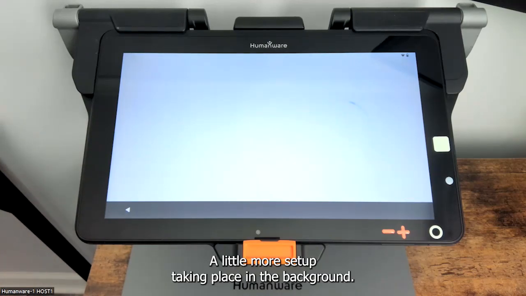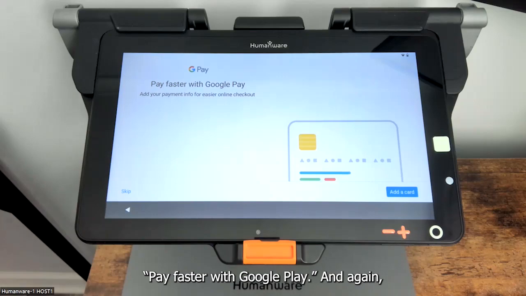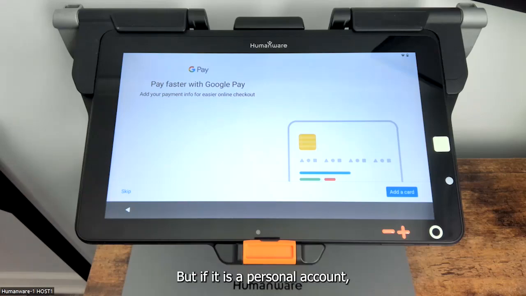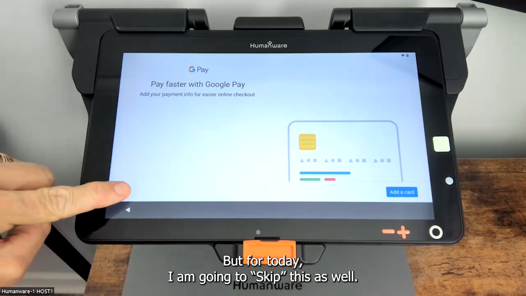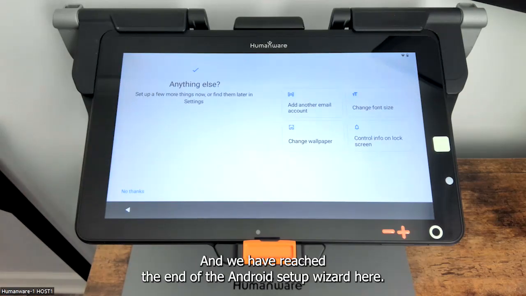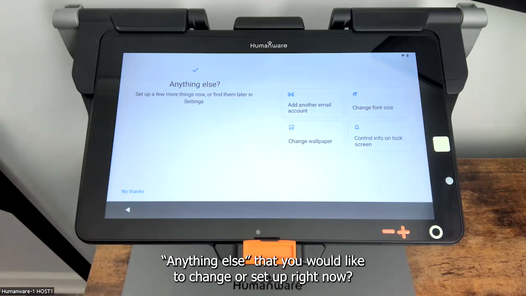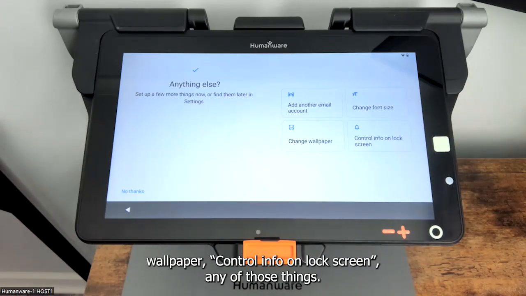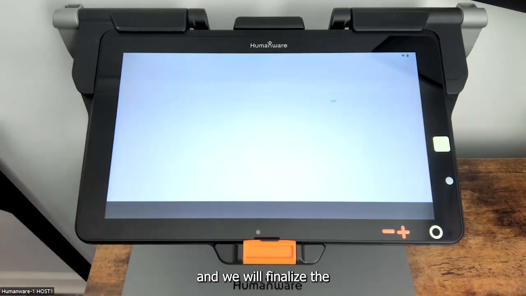We're almost there. A little more setup taking place in the background. After about 10 seconds or so, we're presented with Pay Faster with Google Pay. And again, in most cases, we're using these in schools or at work and so forth. But if it is a personal account, then you may want to go ahead and add a card in the lower right. But for today, I am going to skip this as well. And we have reached the end of the Android setup wizard here. So the question is, is there anything else that you would like to change or set up right now? Add another email account, change font size, change wallpaper, control info on lock screen. Any of those things, I'm going to choose no thanks here in the lower left, and we will finalize the